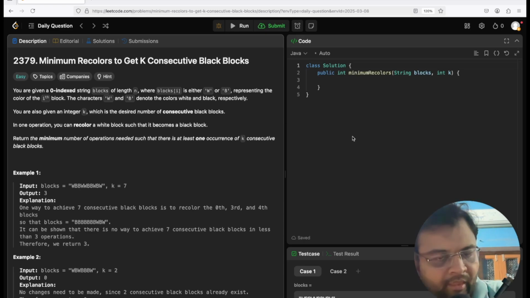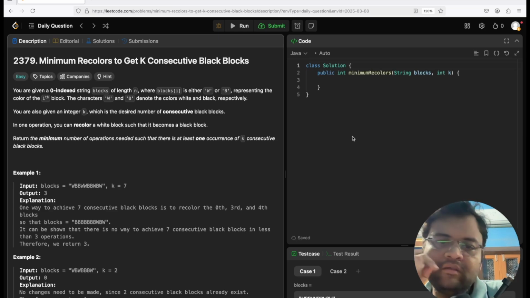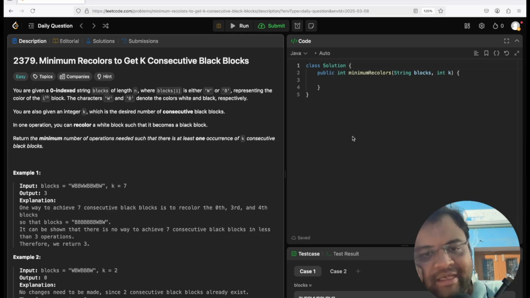Okay. So basically, we need to figure out a window which will have, k sized window, which will have minimum white blocks. Okay. After reading the problem, this is the conclusion, right? So we need to find a window of size k